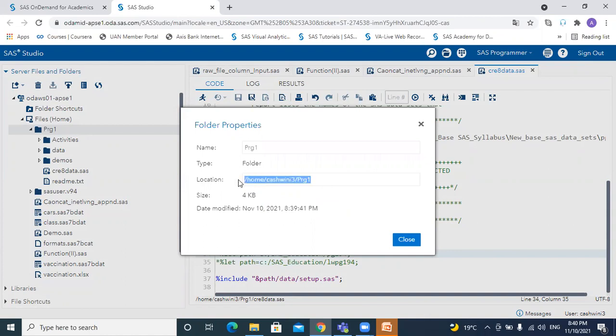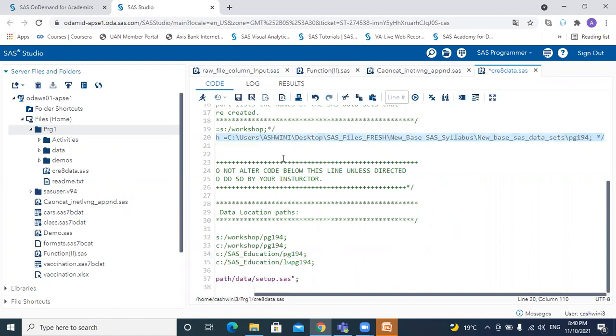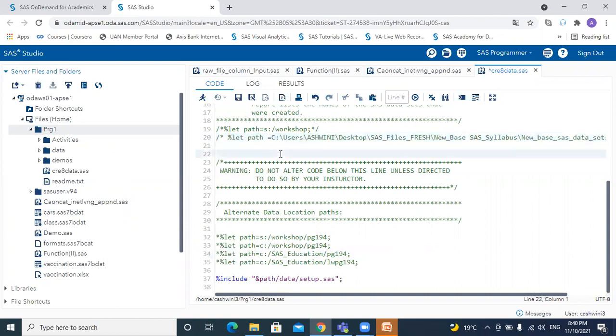So this is the create data code for me. Most of the time, you people will not be able to work on this. No worries, I have given you the alternative: you can create a libname statement and connect to all your external files which we have saved on the cloud drive. Those files get connected into SAS.